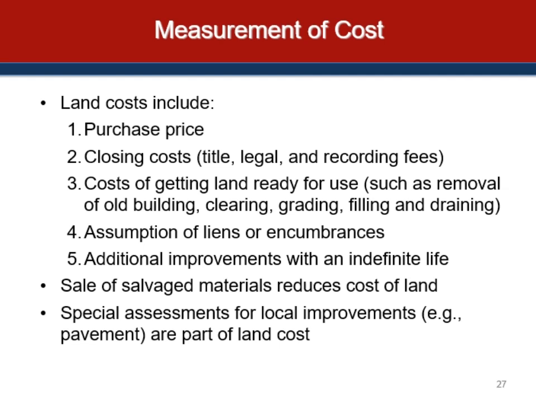We could even have natural resources such as gas and oil. And so the cost of each item includes the acquisition price plus those expenditures incurred in getting the asset ready for its intended use. So in situ is kind of the term we use. Let's begin with land. Land acquired for operational use is classified as property, plant, and equipment. And so land costs would include the purchase price, any closing costs, so your lawyer costs,